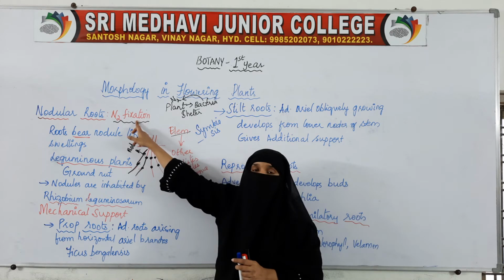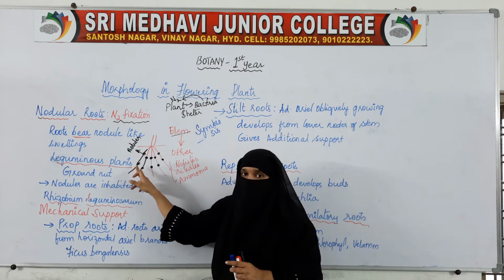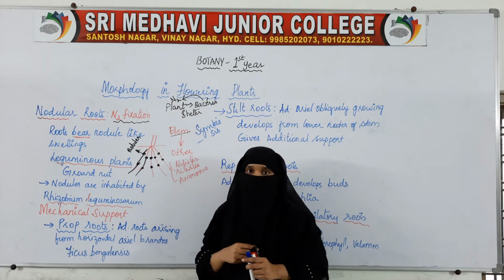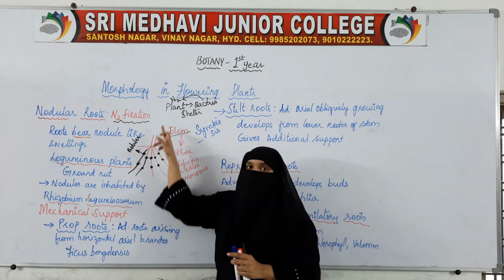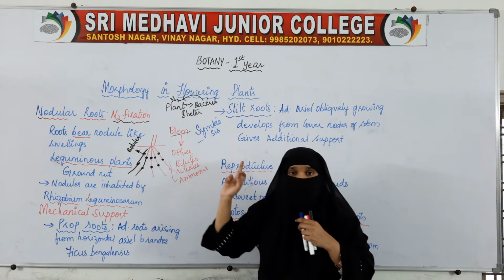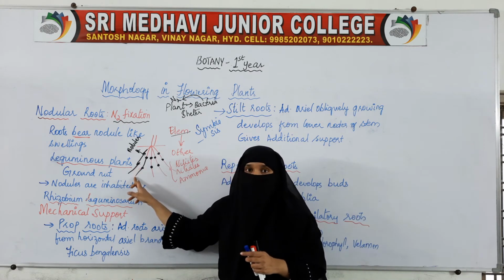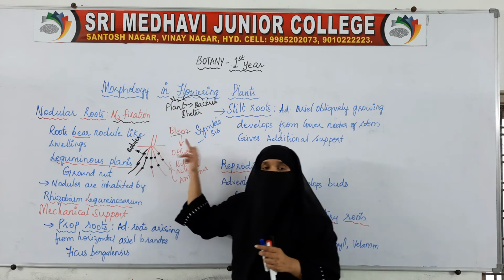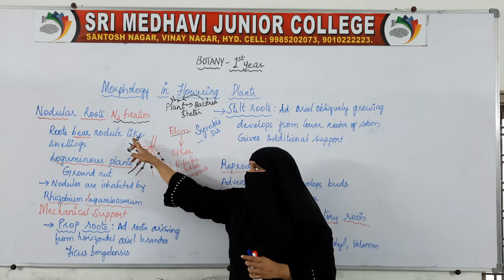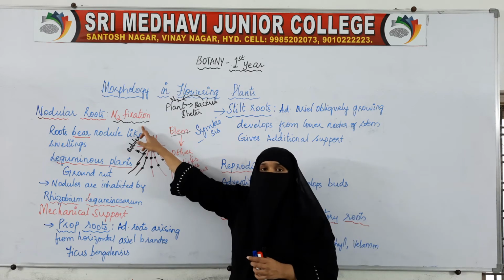So in order to fix the nitrogen so that the plant can survive, the roots bear nodules, and inside those nodules they allow the bacteria to take shelter. The roots are not changing the nitrogen into other forms; roots are just giving shelter to bacteria, and the bacteria is converting the nitrogen into other forms of nitrogen. In this way, the roots, by giving shelter to bacteria, help in nitrogen fixation.